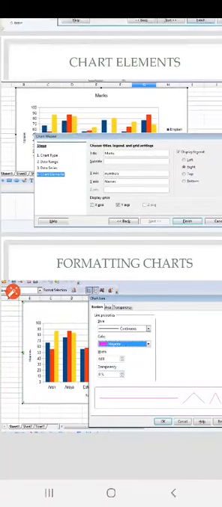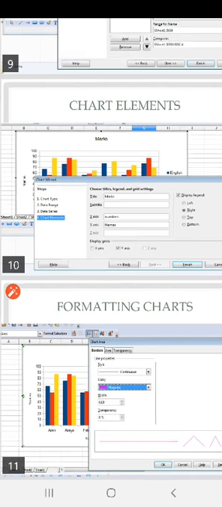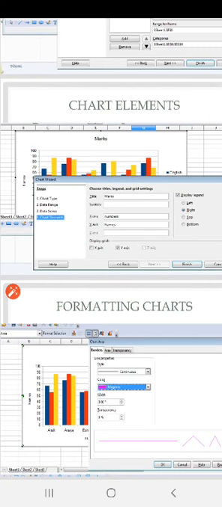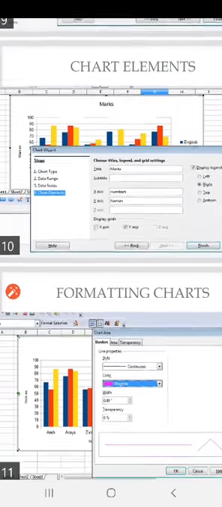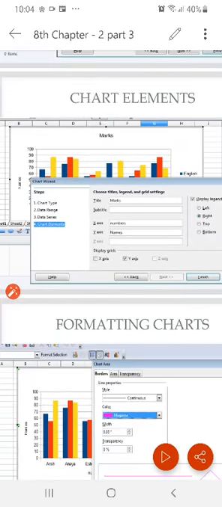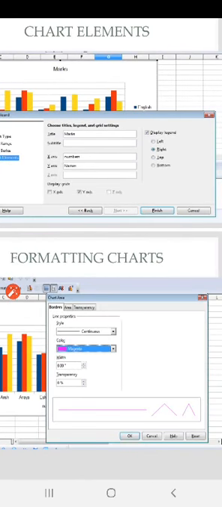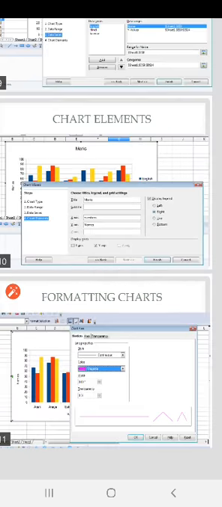Now this is formatting a chart. How to do the formatting? Just click the chart and right click. There will be an option Chart Format. Then click over here. You will get an option Chart Area, one of the options. Then here is border; if you want a border of any color you can select it here. This is the style, same for area, and then transparency. Just click over here, choose the color, choose the pattern. You will get your chart according to your choice.